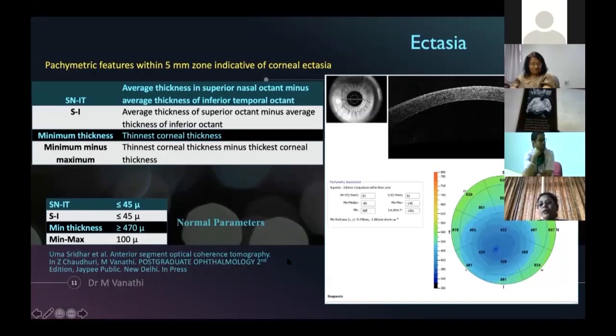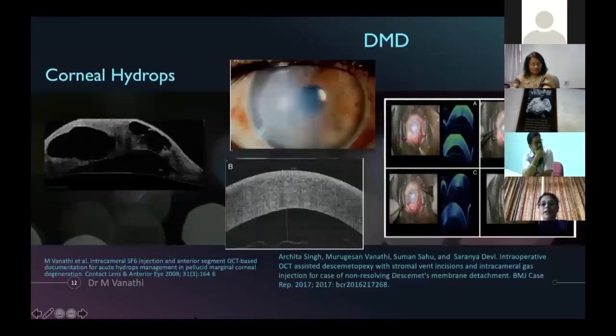microns here. So when these parameters are not conformed to, then you have the suspicion of ectasia when you're looking at them in pachymetry. This is one picture here where you're able to see a largely ectatic area, and your diagnosis of keratoconus is quite obvious here. When you're following up patients of keratoconus, anterior segment OCT now uses epithelial thickness mapping to evaluate and delineate early ectasia, especially when you're looking at those eyes with ocular allergy, and to see where the ectasia is going to be developing. You will find early evidences of epithelial thinning in these regions here.